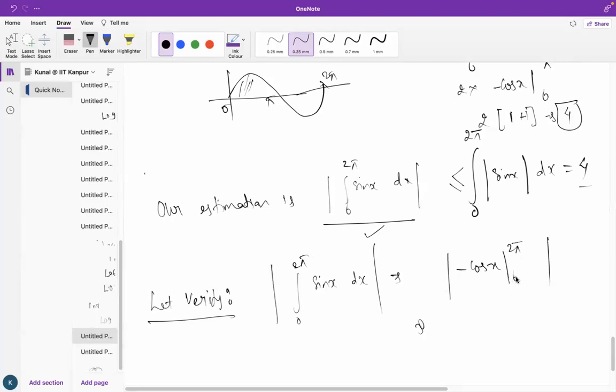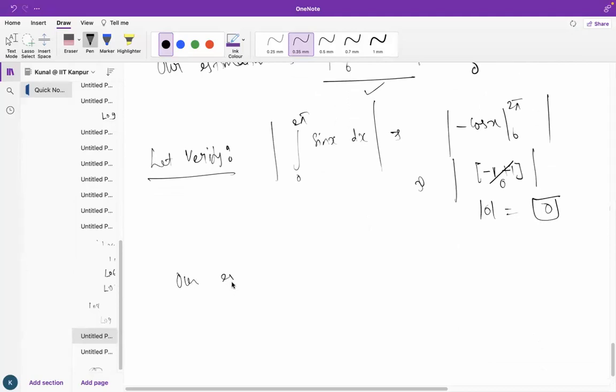Okay, so when we substitute the upper value, it will be minus 1. And when we substitute the lower value, it will be plus 1. And there is the mod, so our value is 0. And mod of 0 is 0. Oh, yes,